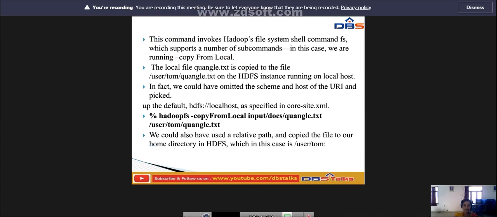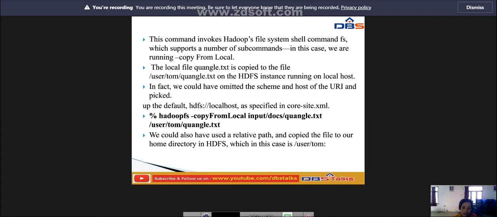Next, another command invokes the Hadoop file system shell commands fs, which supports a number of subcommands. In this case, we are running copyFromLocal. So the local file quangle.txt is copied to the file.